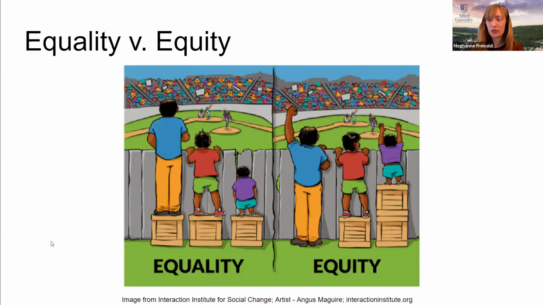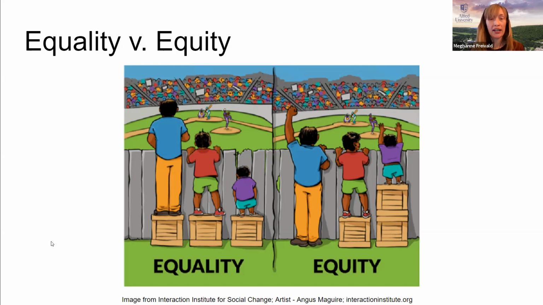Before I do that, I do want to just take a quick minute to discuss and clarify the difference between equality and equity. This is a picture that I think has been around for a while, but it is a really good illustration of the difference. If we look at equality on the left,